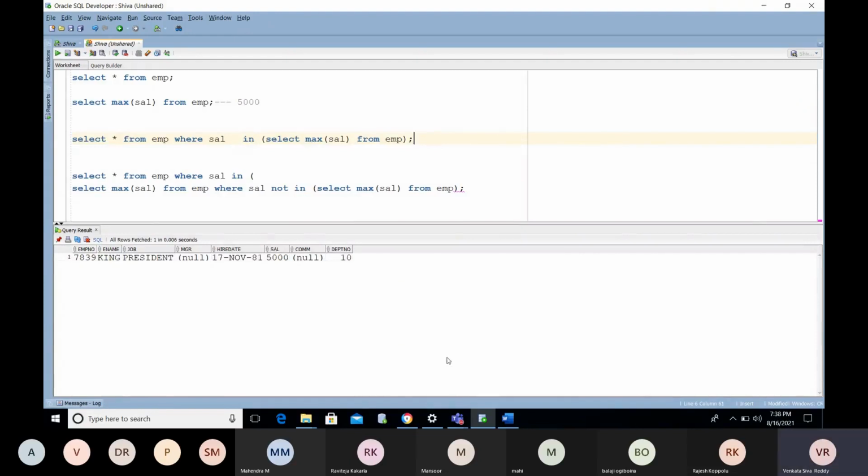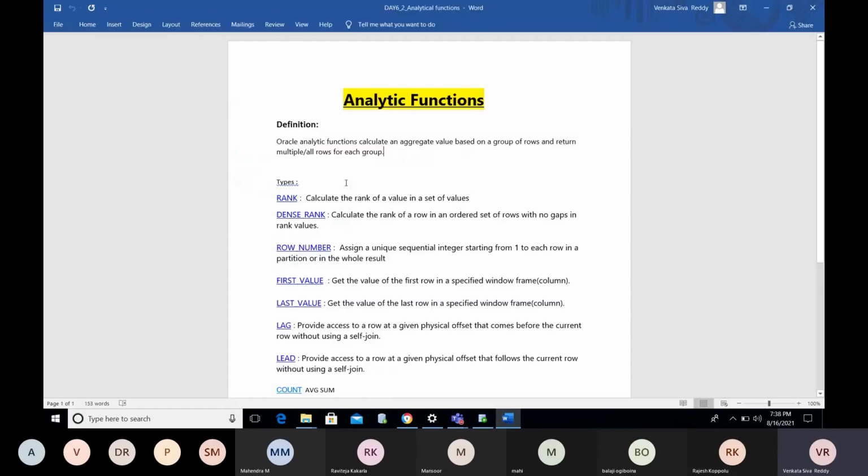See what the definition is. Oracle analytical functions calculate an aggregate value based on a group of rows and return multiple rows for each group.